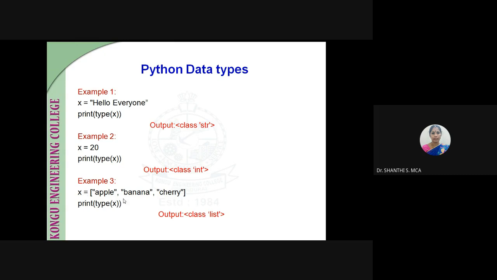So the Python interpreter will assume that x is a list data type. Python is very simple, there is no need to declare the variable. Depending upon the value assigned to the variable, it will assume the data type of that variable. So here the data type of x in the third example is a list.